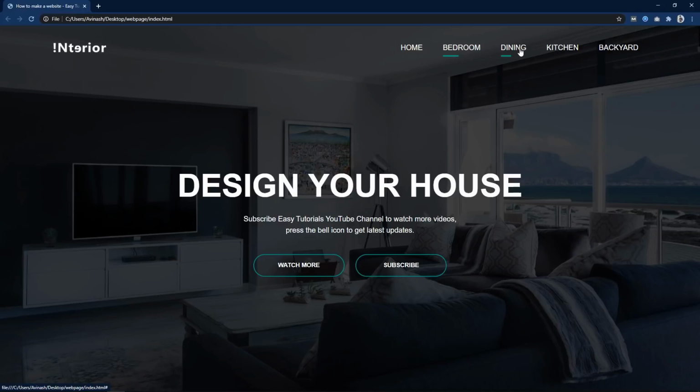In the center of this web page, there is a title, some text and two buttons. I have added a beautiful hover effect on these buttons also. If I move the cursor over this button, then the background color is moving from the left side to the right side. We will learn to make this website design step by step using HTML and CSS in just 10